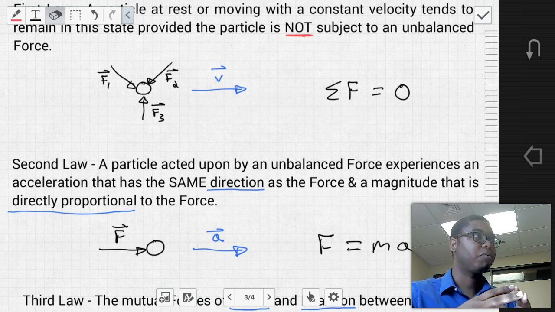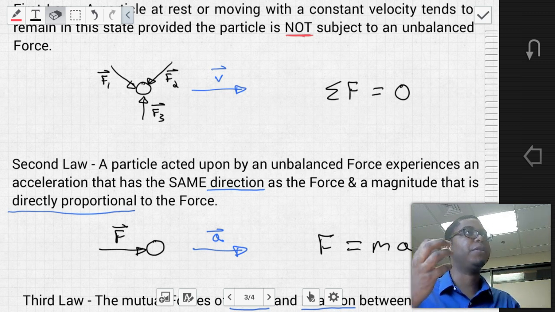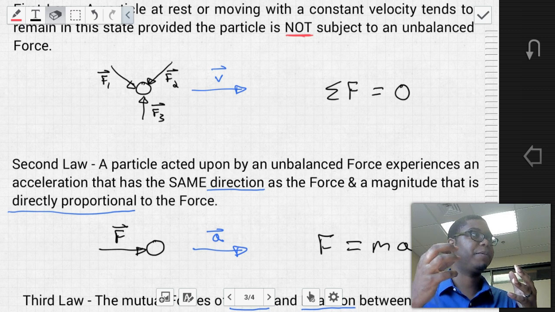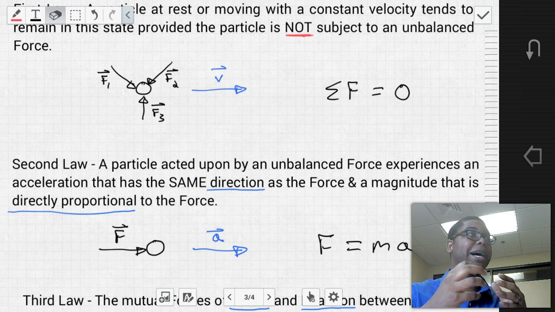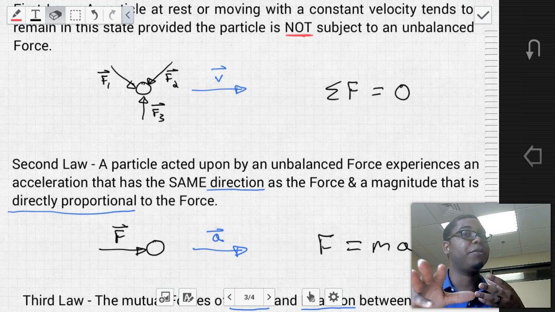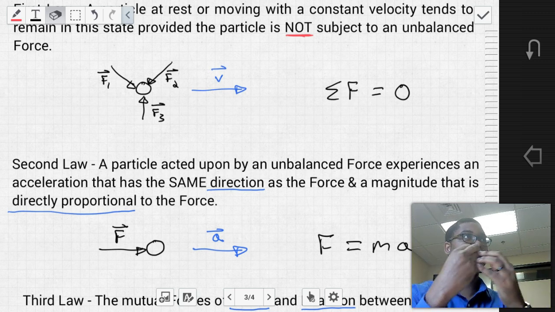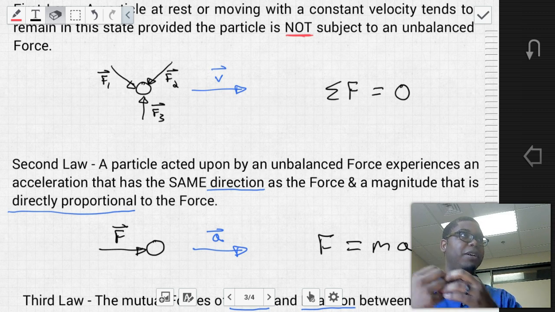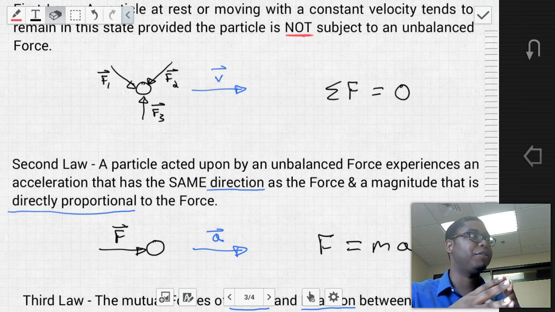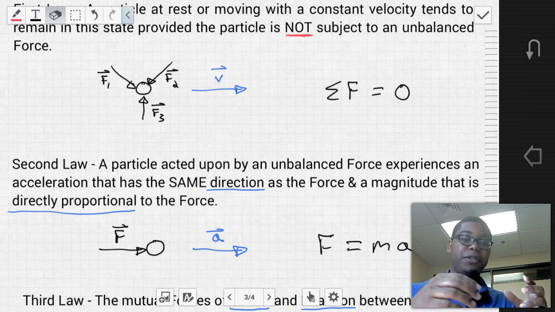So what does this state? This states that if we're given some particle, we apply a force to it. That force that is applied to it will create an acceleration that is in the same direction. So the object, if you apply a force to it, it's going to move in the same direction and will have a magnitude that is directly proportional to the force. And this leads to